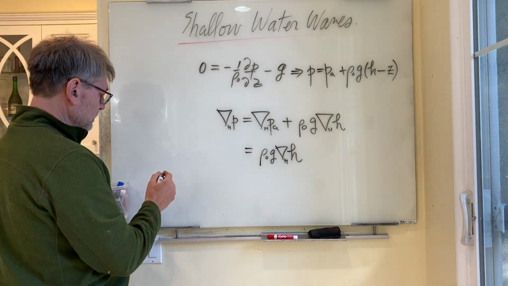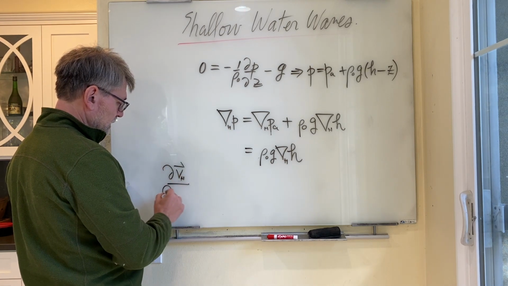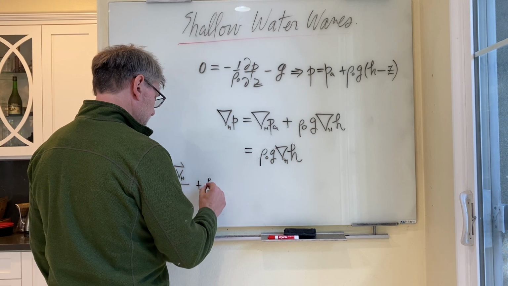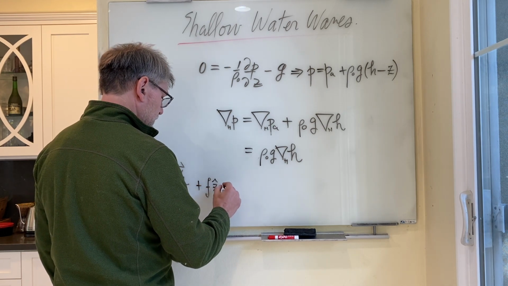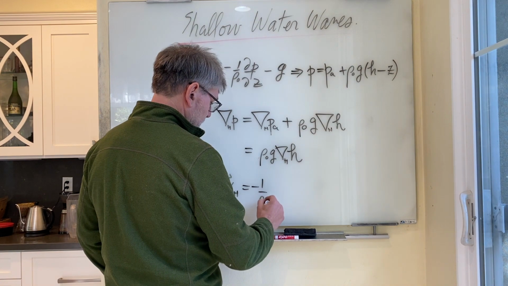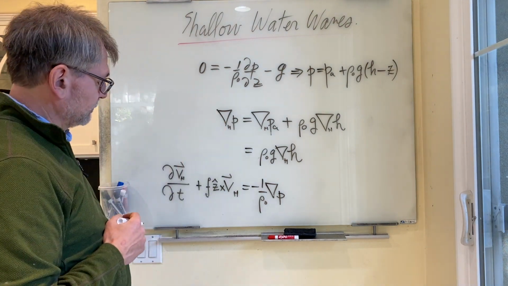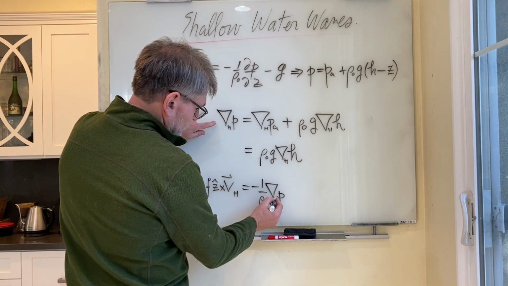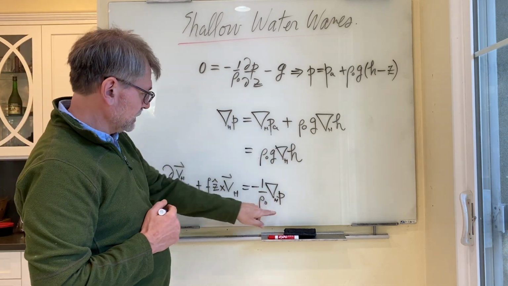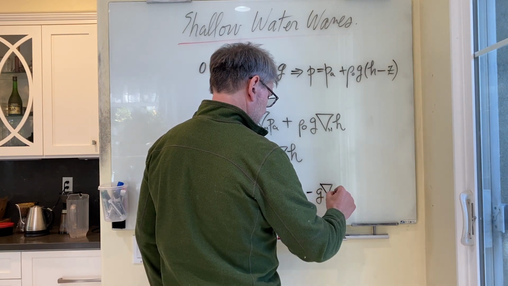And so now if we write the horizontal momentum equation, it's going to be the following: dv horizontal dt, and if we include the Coriolis force, plus f z hat cross vh, is equal to minus 1 over rho naught grad p, and any friction term if we want to have any friction term. And this is the horizontal gradient here, because we're doing the horizontal momentum balance. We can substitute this in here,